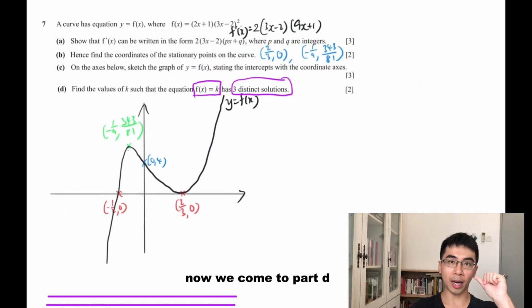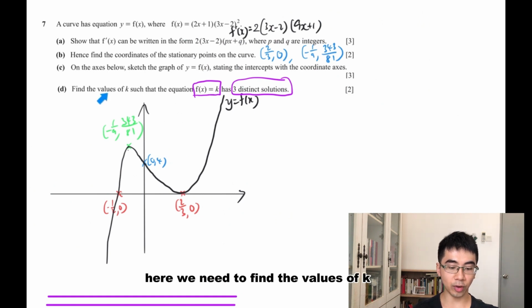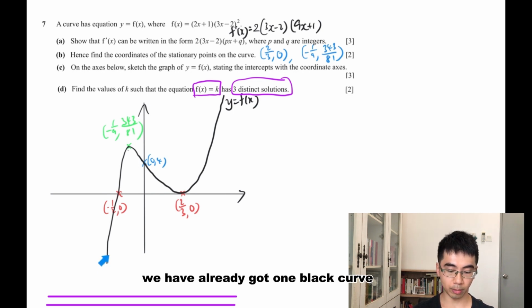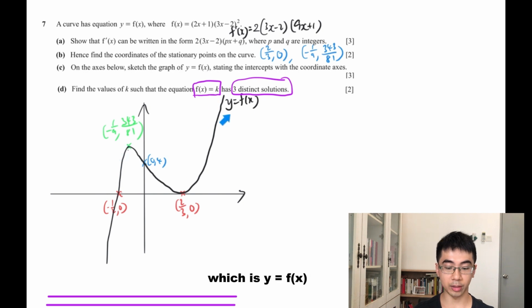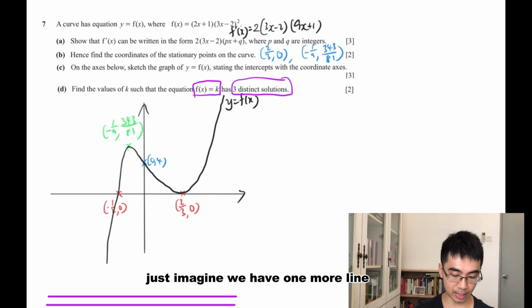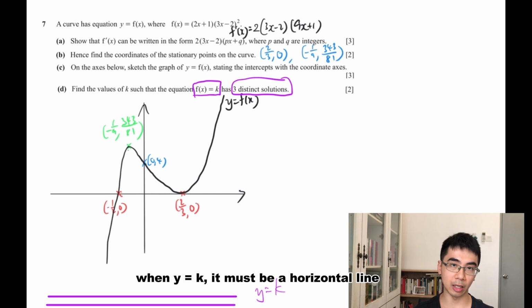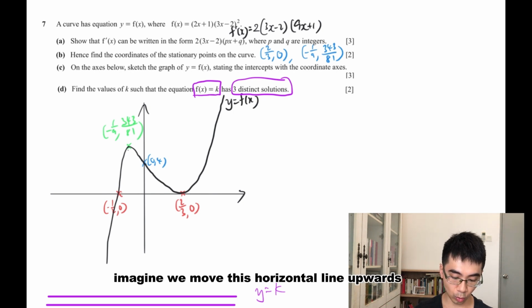So now we come to part D. Alright, here we need to find the values of k, such that the equation f of x is equal to k has 3 distinct solutions. So what does that mean? We have already got one black curve, which is y is equal to f of x. So just imagine we have one more line, where this line is y is equal to k. And y is equal to k must be a horizontal line. So imagine this horizontal line, we move it